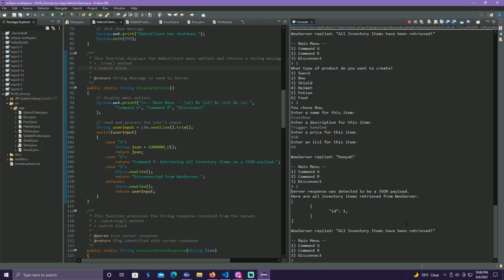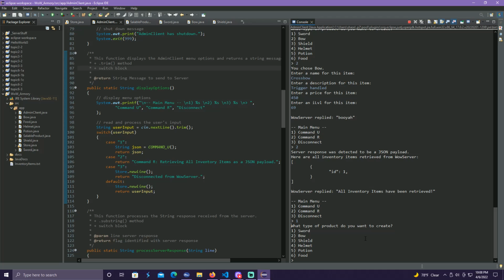And as we can see, we get a server response, and these are pretty much all the items, and it's just an empty tag waiting to be initialized. So while server lets us know all inventory items have been retrieved, and right now we know the list is empty, inventory is empty. So what we'll do is we'll do a command U, and this time we'll add another item,